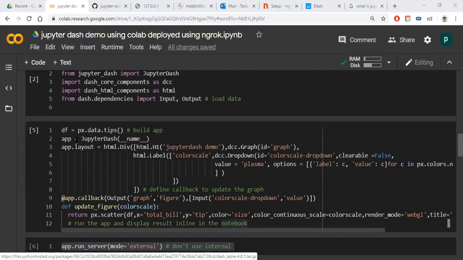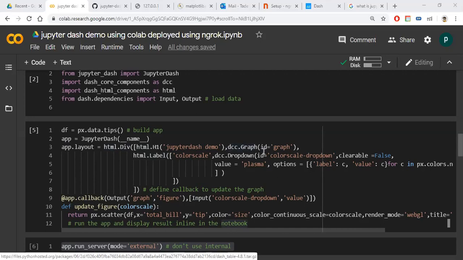So we are creating the application. I write app equals JupyterDash with the name. What the output layout looks like is up to you; you can decide. I am presenting only a graph, a scatter plot. So I take html.Div. Normally in HTML we write greater than and less than signs around div, but here we write it like this. The HTML heading is the title, and we are showing the graph, so I write dcc.Graph from the core components.